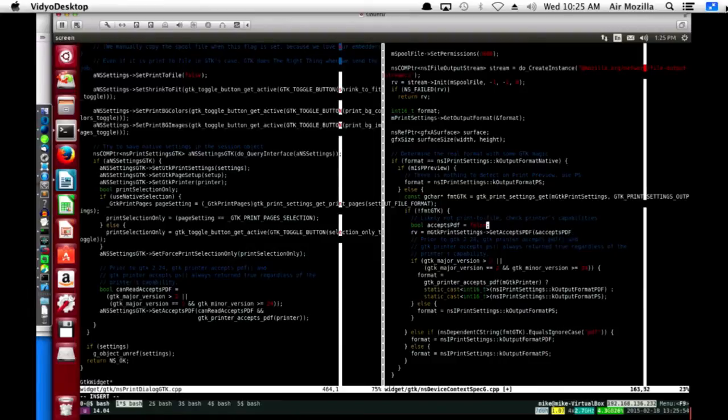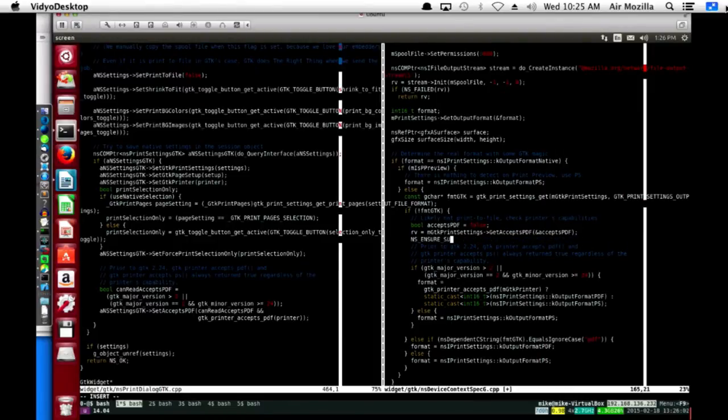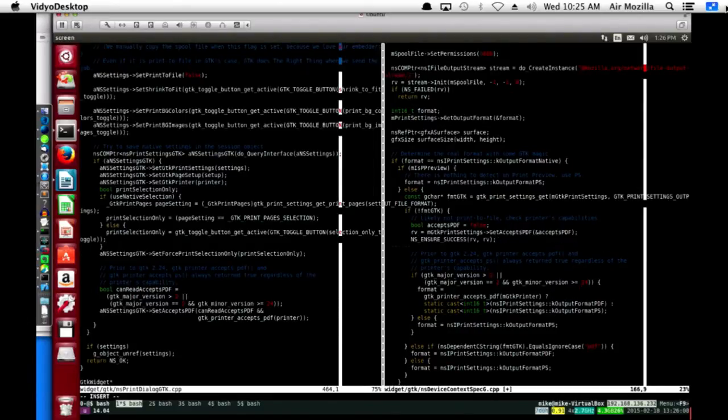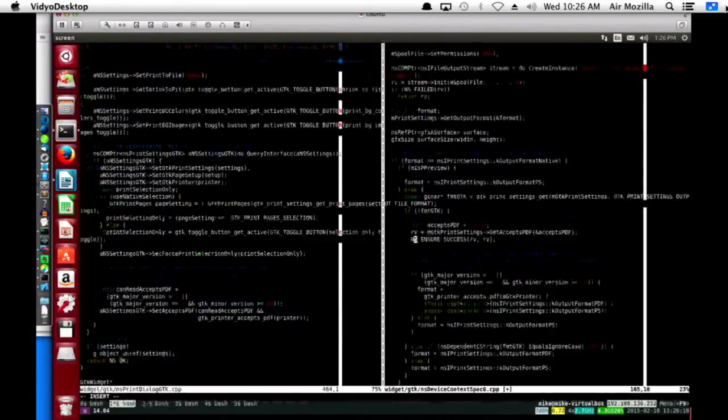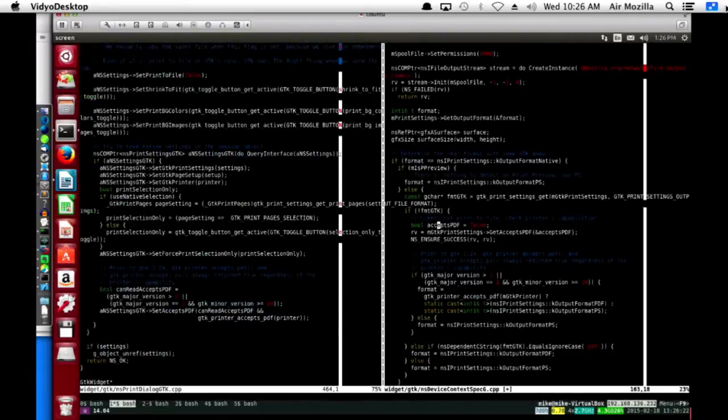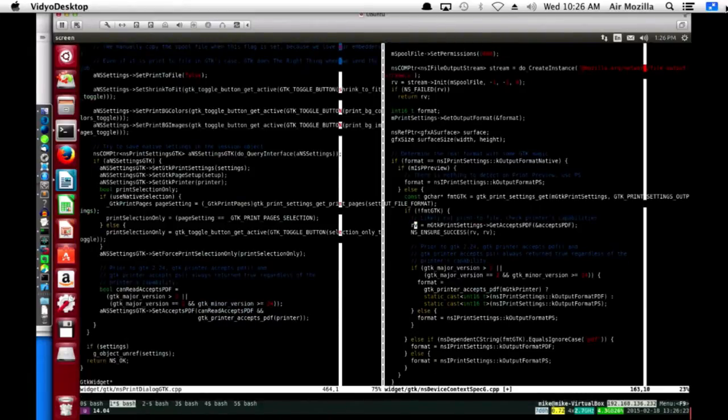And we should probably not. We should be consistent about our casing. Accepts PDF. NS ensure success. And then we. Wait a second. Get accepts PDF does not return a return value. Returns a bool. That's all wrong. I'm not doing this dance. That's crazy.